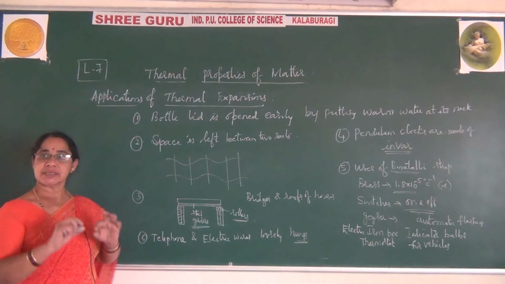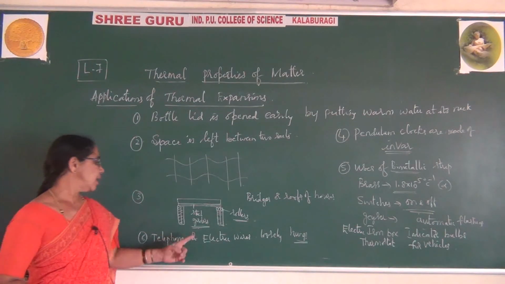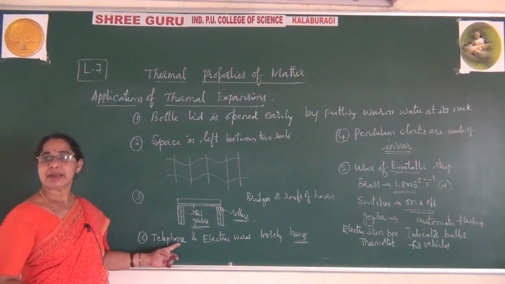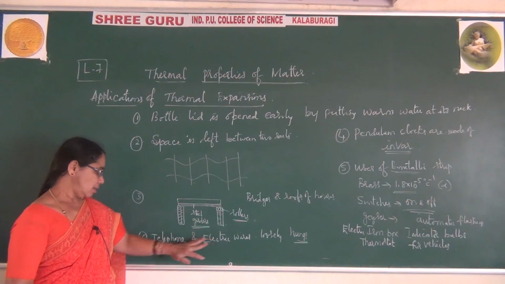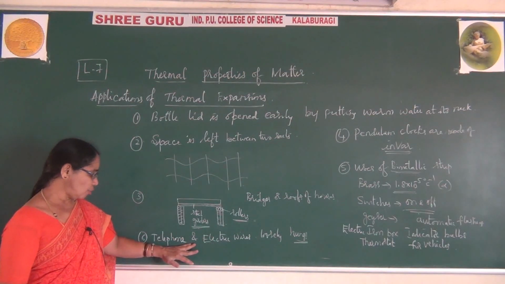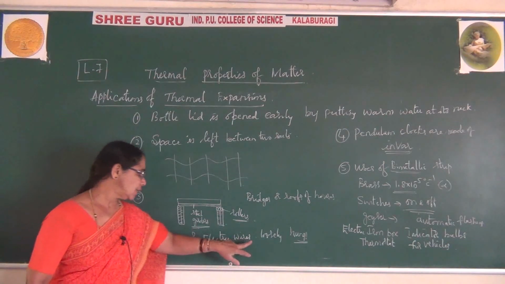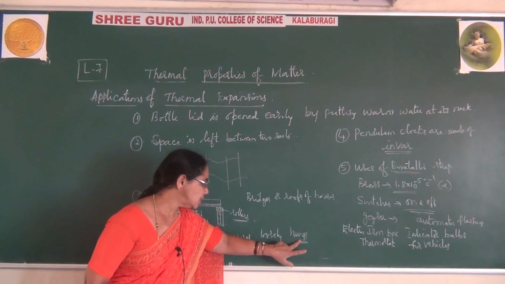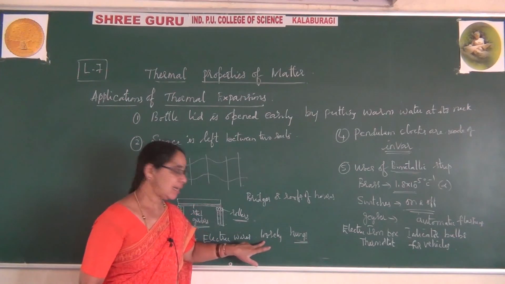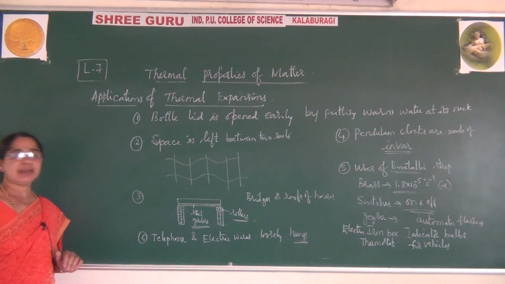Because if they are connected very loosely, naturally they hang easily, and that means during summer or during winter, whether due to expansion or contraction, it will never destroy the telephone wires or disturb things. They hang easily because they are connected loosely between the two poles, these electric wires and telephone wires.